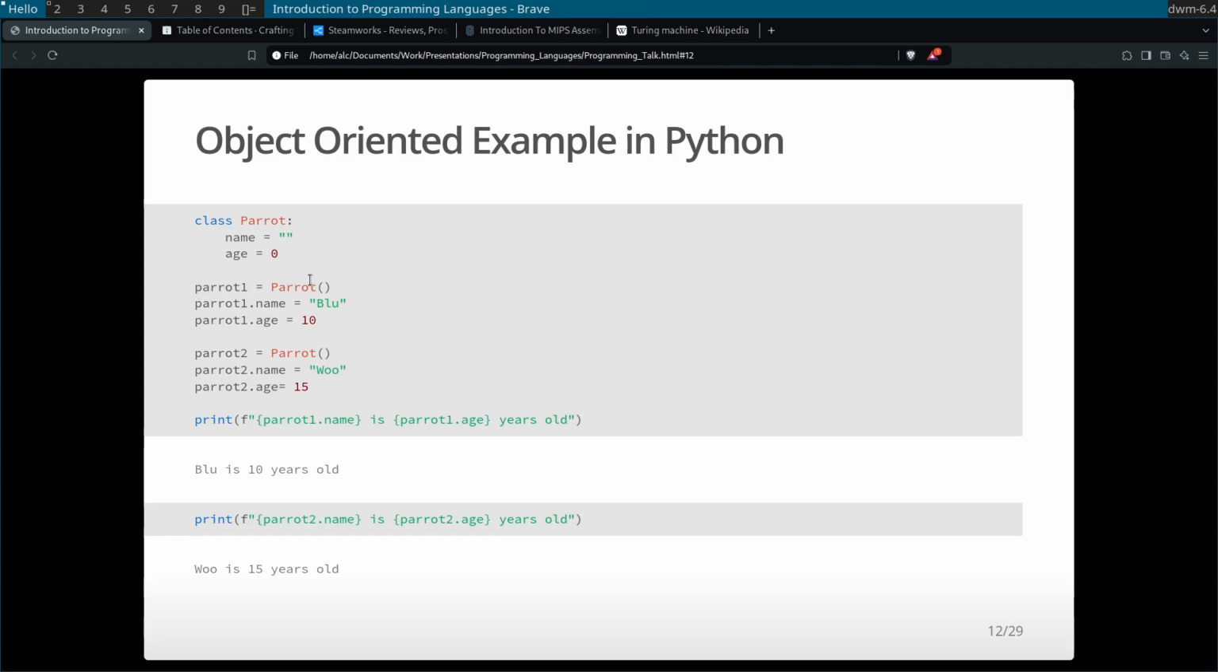So for parrot 1, I'm making a new parrot, and I'm going to give parrot 1 the name of Blue, and then parrot 1 the age of 10. I then do that a second time here and then print out the results. So here you could see that I do have this object called a parrot, and I'm assigning that class that has a whole bunch of attributes in it,